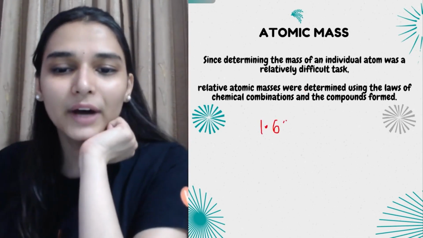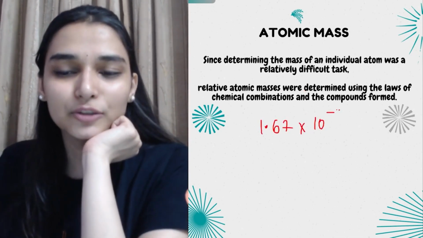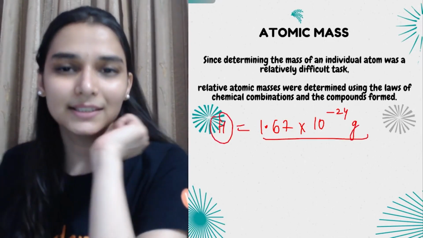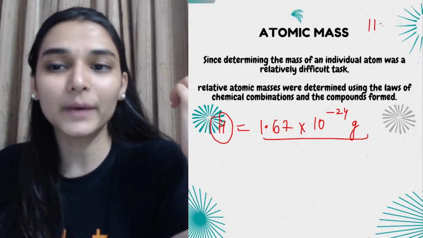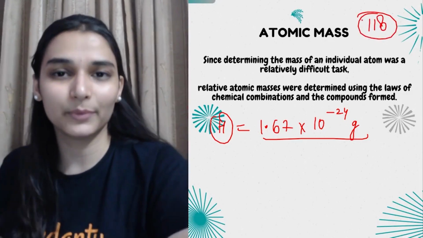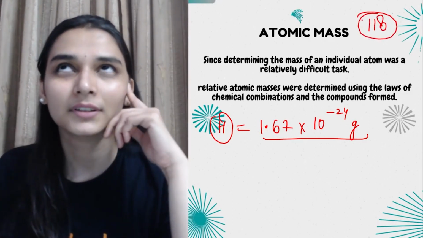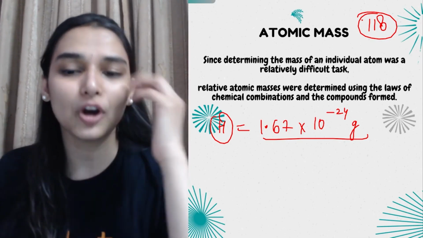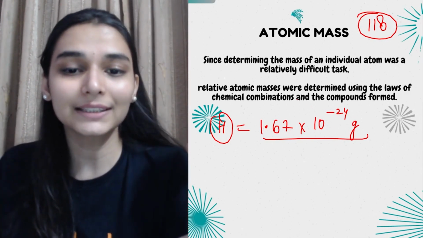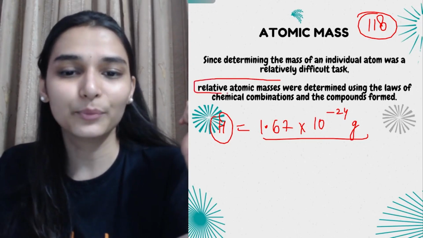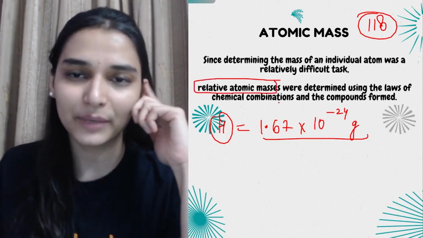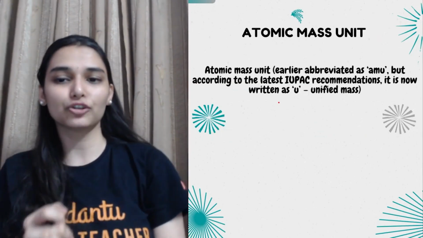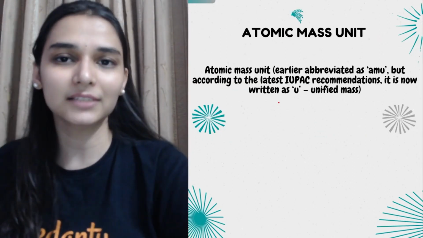For example, look, 1.67 into 10 raised to the minus 24 gram. If I talk about a hydrogen atom, this is the mass, and I give you such mass data for 180 elements. Can you do that? No, ma'am. So instead of taking the actual atomic mass, instead of remembering it that way, we always measure the relative atomic mass. Okay, so relative atomic masses of elements were measured, and for that we had taken a standard,